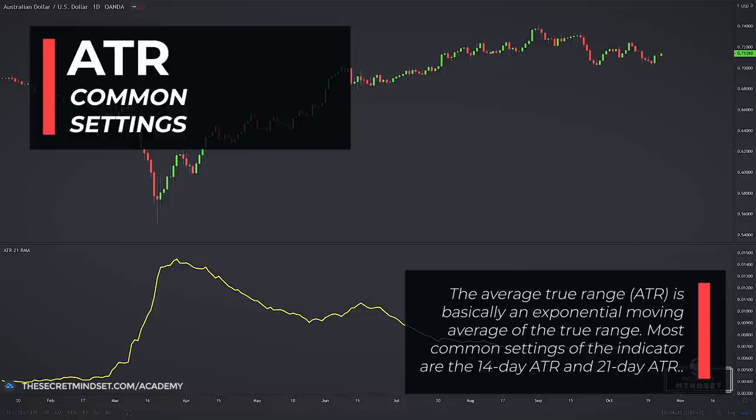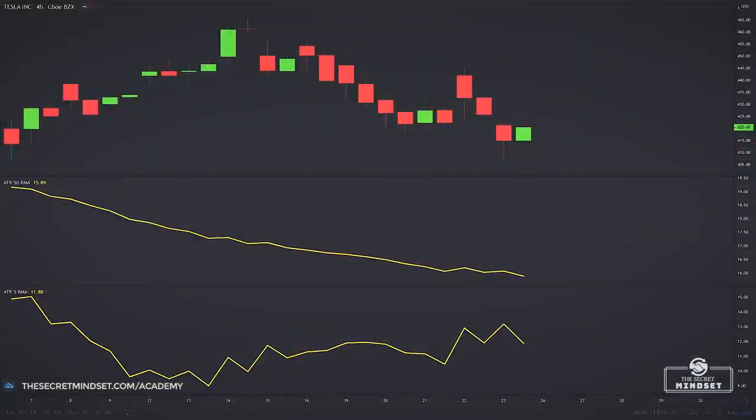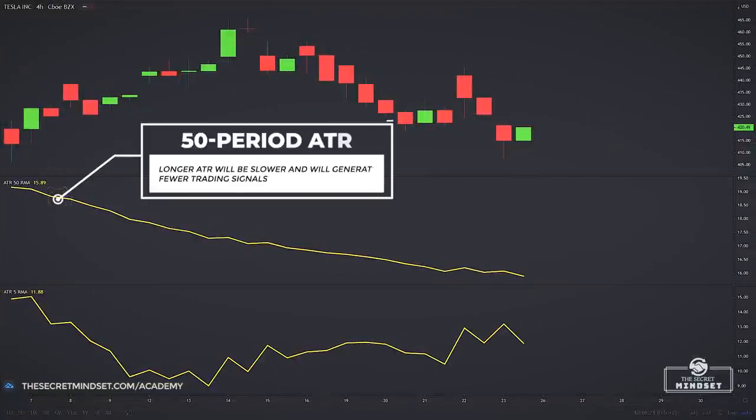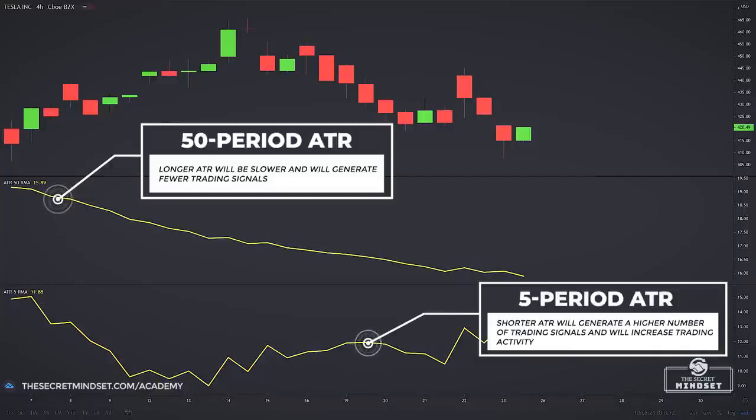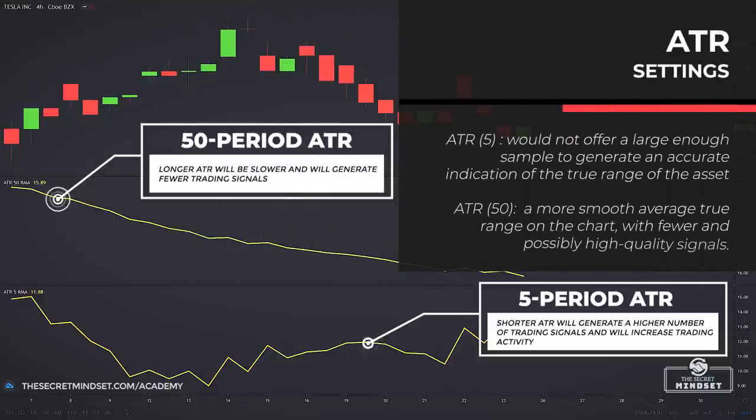Depending on their trading objectives or time frames, traders can use shorter or longer inputs of the ATR. A longer ATR will be slower and will generate fewer trading signals. A shorter ATR will generate a higher number of trading signals and will increase trading activity. For example, an average true range of only 5 periods wouldn't offer a large enough sample to generate an accurate indication of the true range of the security. An average true range of 50 periods would generate a smoother average true range on the chart, with fewer